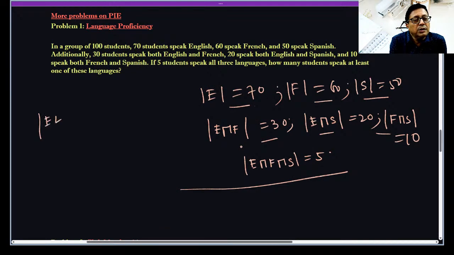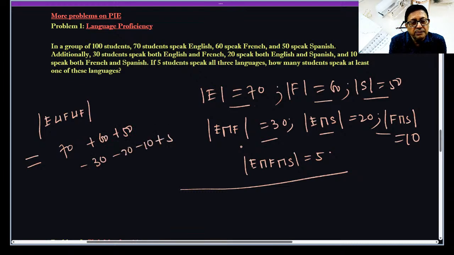So this is going to be what? 70, 60, plus 5. So 180 minus